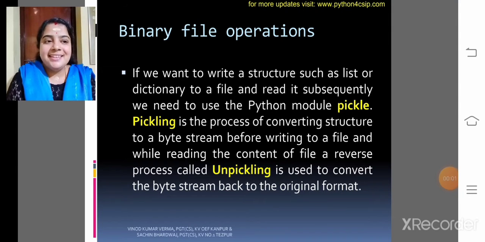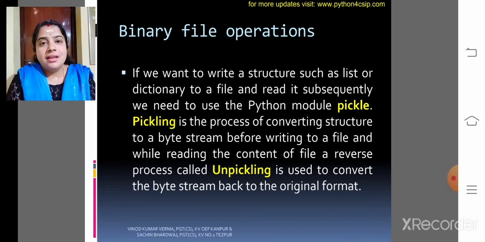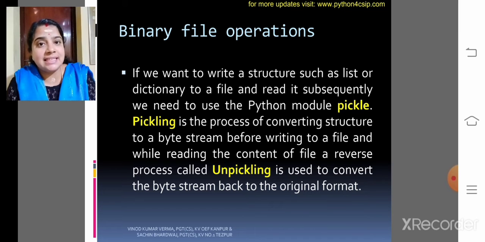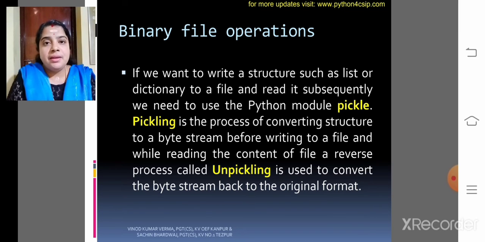Dear children, this is the fourth module we are going to discuss. That is the new topic, binary file operation. We had already discussed the basic things about binary file content. While we are comparing the text file, all the characters have ASCII code and Unicode. So in the text file, it will be stored either as ASCII or as Unicode. But in a binary file, all the data contents are stored in the form of binary, that is zeros and ones.